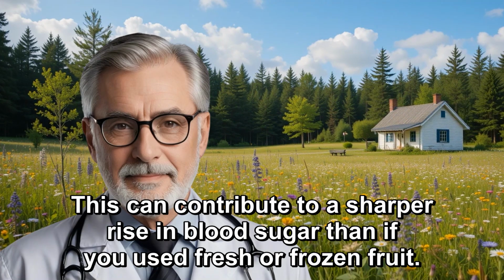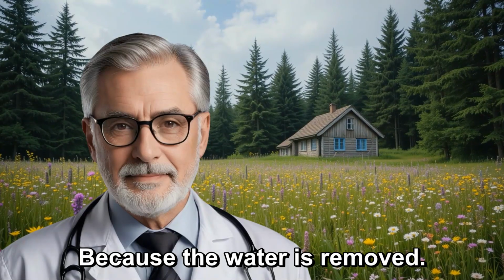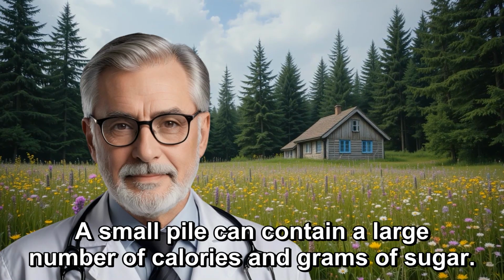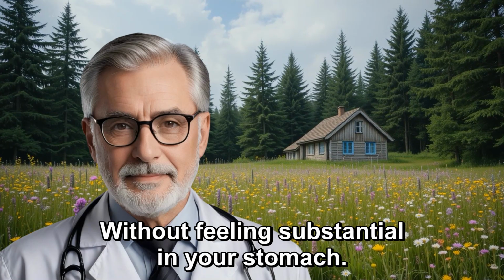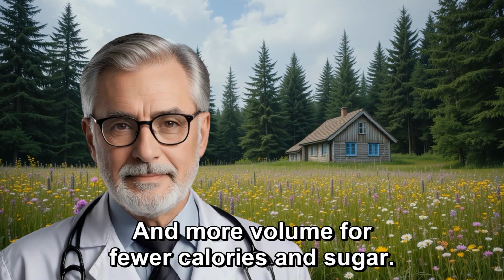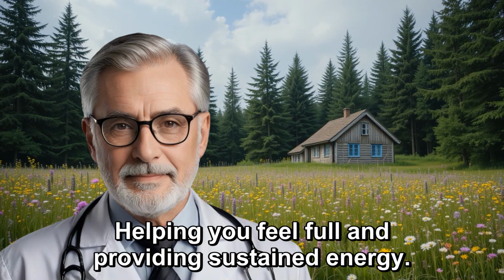This can contribute to a sharper rise in blood sugar than if you used fresh or frozen fruit, because the water is removed. It's also very easy to overconsume dried fruit. A small pile can contain a large number of calories and grams of sugar without feeling substantial in your stomach, while fresh or frozen fruit contains water and more volume for fewer calories and sugar, helping you feel full and